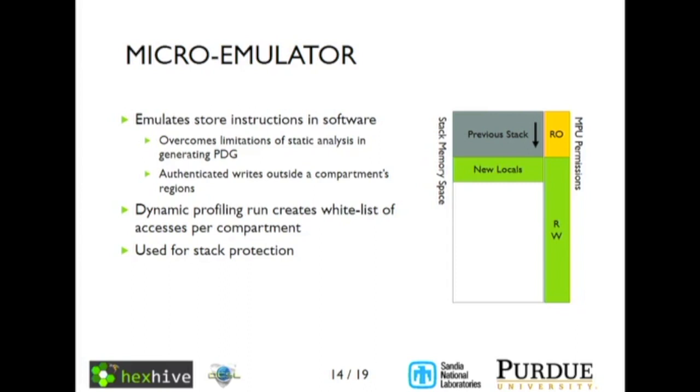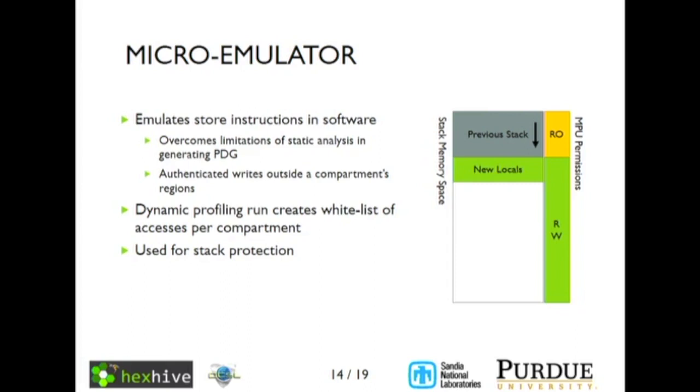access is made to a variable or peripheral that was not in a compartment's code regions, it causes a fault. We catch that fault and then check the whitelist to see if the write is allowed to go through. If it's allowed to go through, then in software we implement that write. We manually go in and write the memory and update all of the registers and all of the flags that we need to in the processor, and then we return from the fault handler to the next instruction.